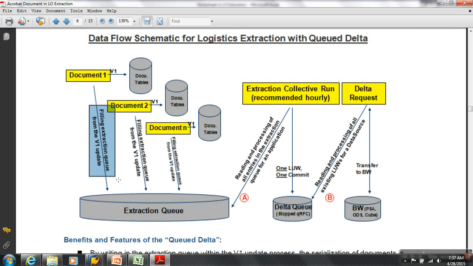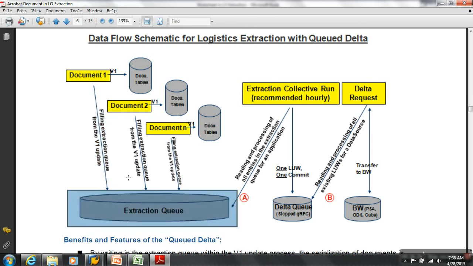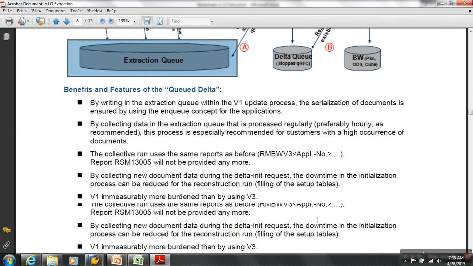Because of the V1 which is updating your extractor outbound queue, it will maintain serialization, and the V3 job need not do sorting because the sorting is done here itself by the V1 updates. Getting what I am saying? And then it reads all the entries from the queue and loads into one LUW, one commit, and then from there to BW.